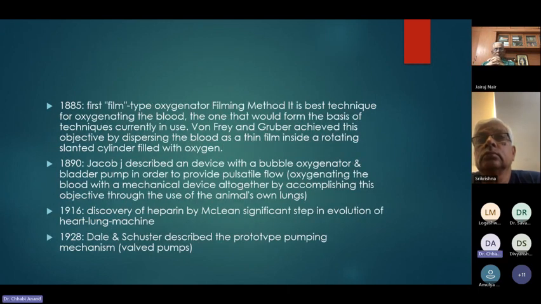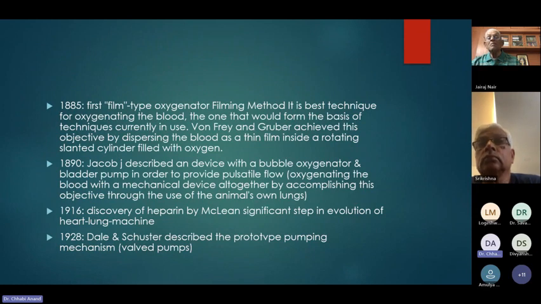In 1885, the first film type oxygenator. The filming method is the best technique for oxygenating the blood, the one that would form the basis of techniques currently in use. Frey and Gruber achieved this objective by dispersing the blood as a thin film inside a rotating slanted cylinder filled with oxygen. In 1890, Jacobj